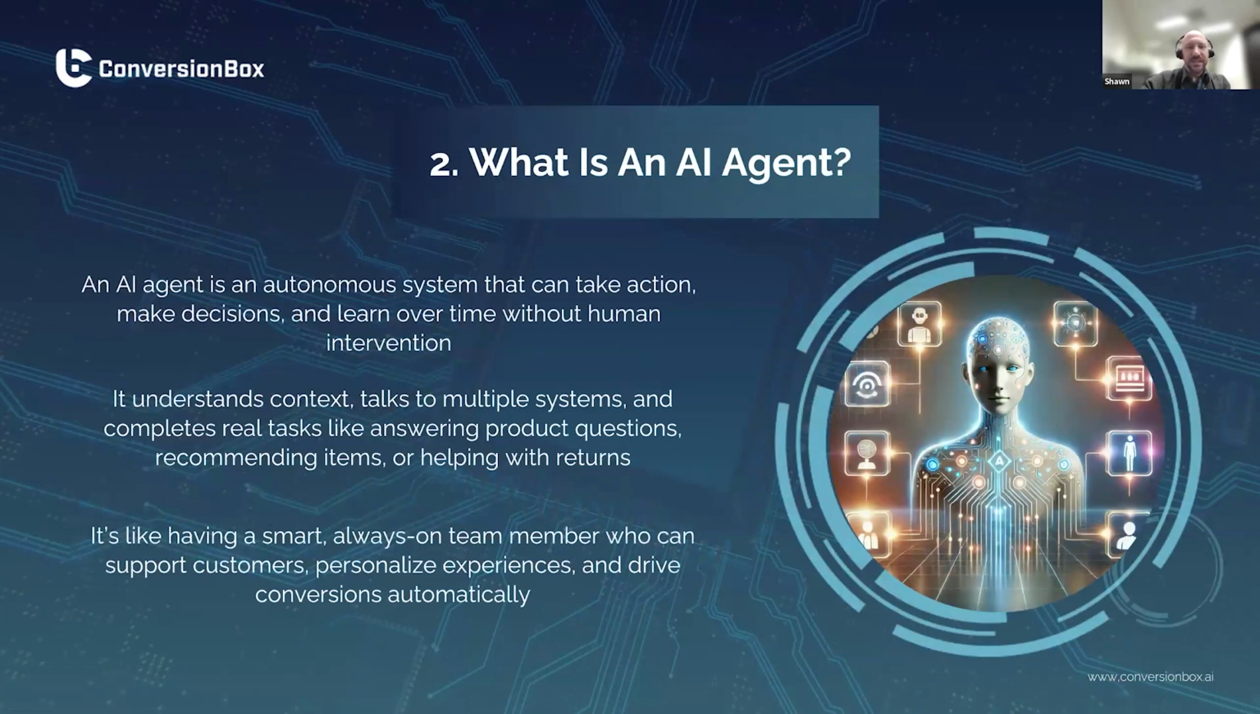Okay, so what is an AI agent? An AI agent is an autonomous system that can take action, make decisions, and learn over time without human intervention. It understands context, talks to multiple systems, and completes real tasks like answering product questions, recommending items, or helping with returns. It's like having a smart, always-on team member who can support customers, personalize experience, and drive